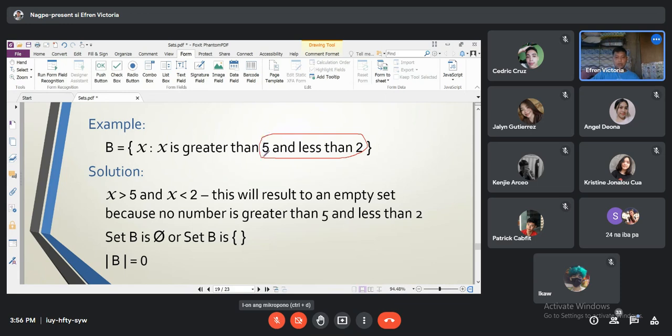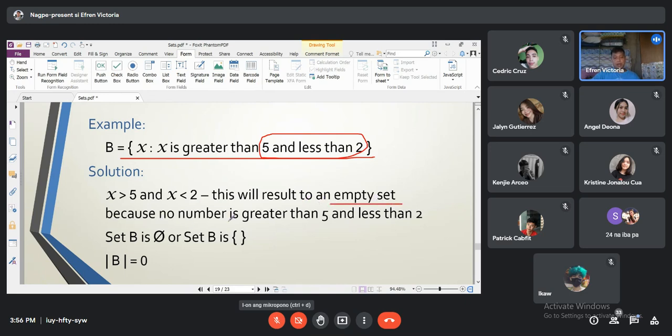So wala, 'di ba? Kasi wala namang number na greater than 5 and then at the same time less than 2. So wala tayong mariretrieve, walang magiging laman yung elements natin. So magiging null. So x greater than 5 and x is less than 2, this will result to an empty set